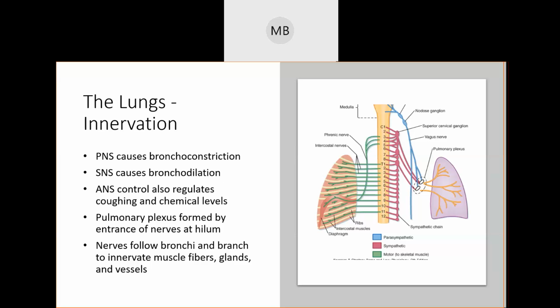Your autonomic nervous system. We know that your autonomic nervous system already detects all of the chemical levels in you. Remember those carbon dioxide levels we were just talking about? So your autonomic nervous system is also going to cause involuntary responses when things get suddenly blocked, like coughing. And it's going to keep track of your chemical levels to see where you stand with your oxygen and carbon dioxide levels for how much you need to breathe in and out on a regular basis, right? The pulmonary plexus is where the nerves formed, going down the hilum, that cause you to breathe.